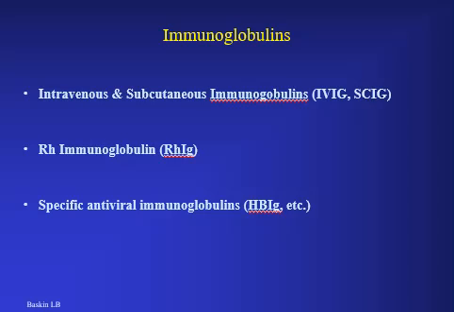It's also used in RHD negative individuals with immune thrombocytopenia. Finally, there are a number of different products that are directed against specific viruses, and HBIG for hepatitis B is an example of one, but there's a bunch of others, and I'm not going to get into those right now. We'll move on to